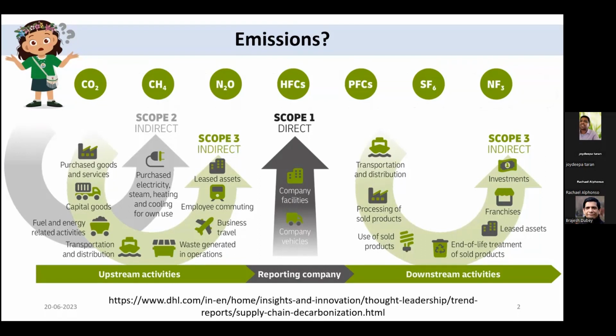All the emissions which are anthropogenic, which are man-made, which are increasing due to the activities we do to meet our needs, fall under scope 1, scope 2, scope 3. Scope 1 is a direct emission which you can visualize from the boundary of your company, your house or your geographic location. Scope 2 and scope 3 are from the upstream and downstream processes, where you have a lot of activities involved.